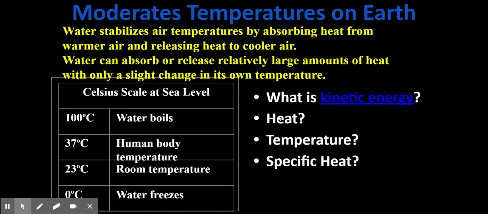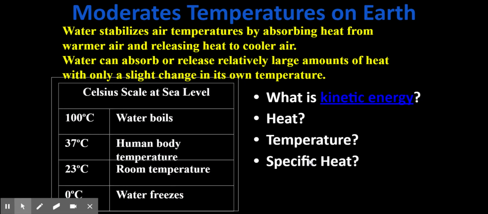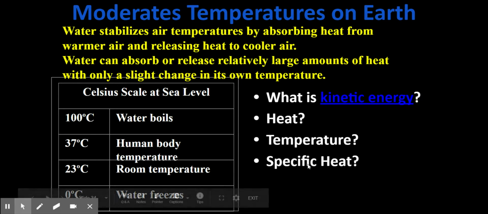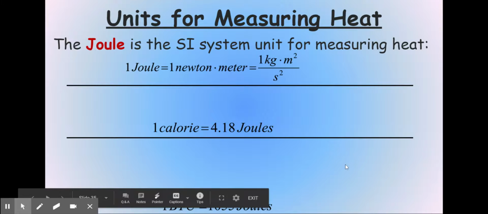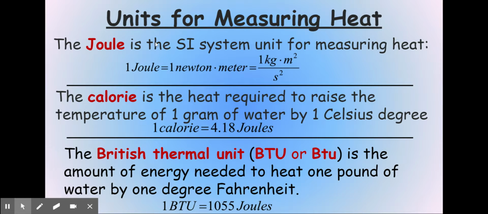Heat is the transfer of energy, and kinetic energy is how fast they are moving. Specific heat is how much energy is required to raise the temperature of something. So we're going to look at specific heat next. The units for measuring heat, we use a joule sometimes, which is the SI or International System Unit for measuring